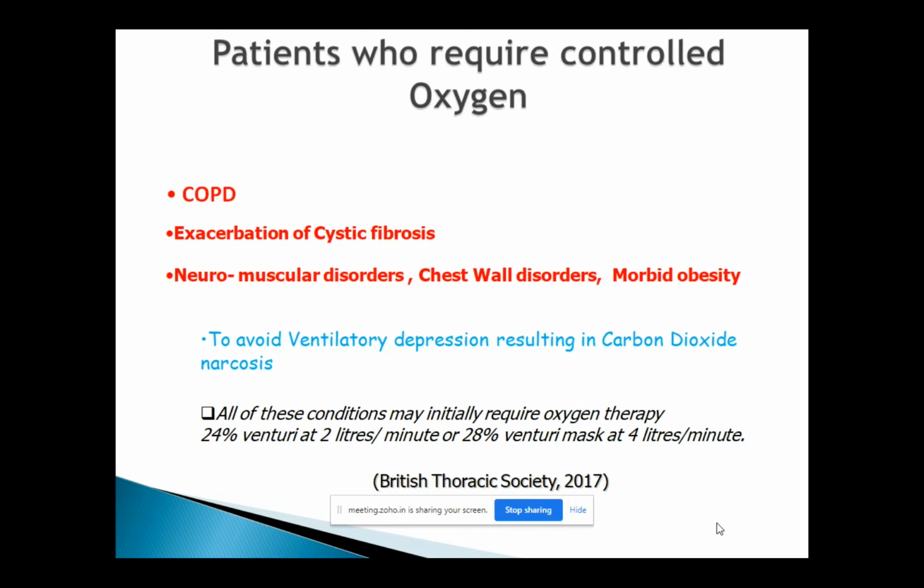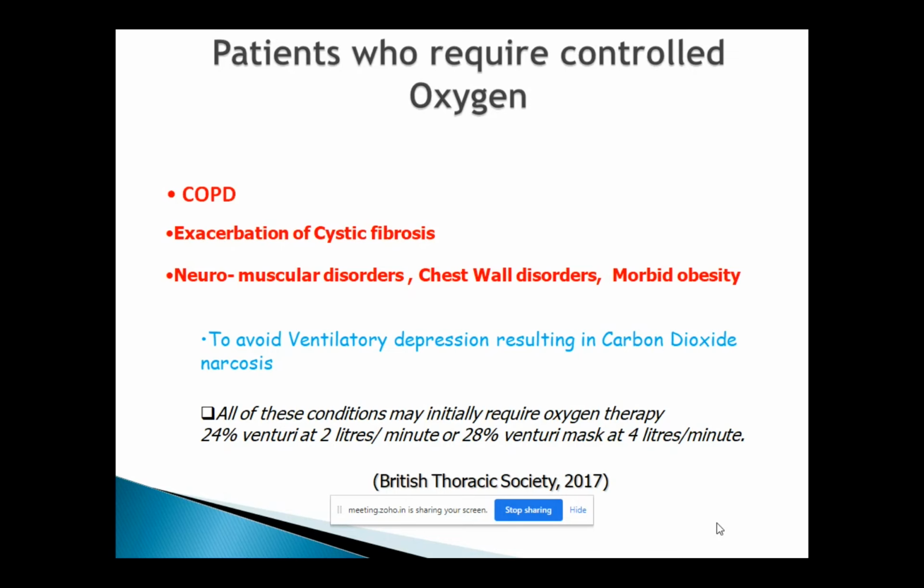Your next step is very clear: 28%, which is 4 liters of oxygen, which is your white valve. If they are not achieving that, then you can move on to yellow, which is your next step, which is 30% or 35%. So you've got very clear guidelines, you've got a clear idea what you are started with and how much you are going up. But again, the important thing is there's no point in going up and up. The medical team needs to be involved. Why are their oxygen saturation levels not going up?